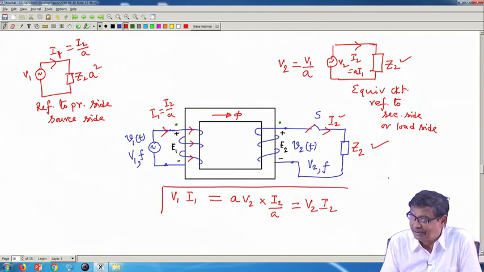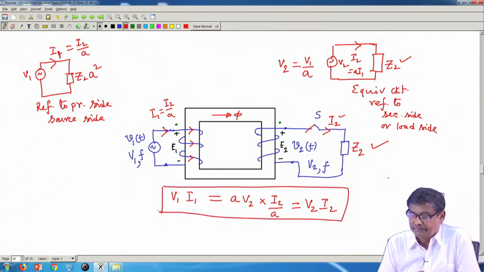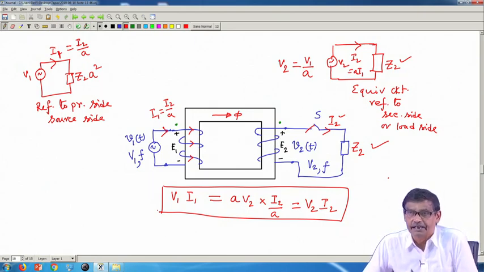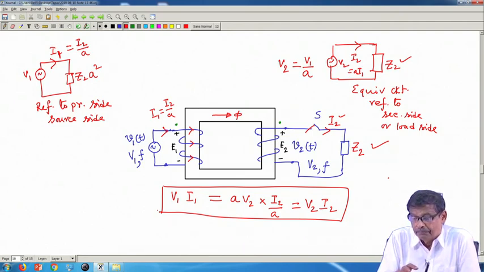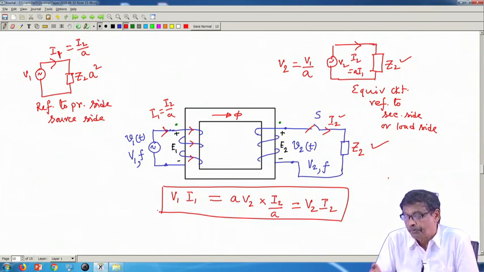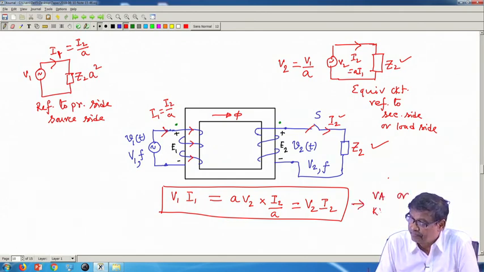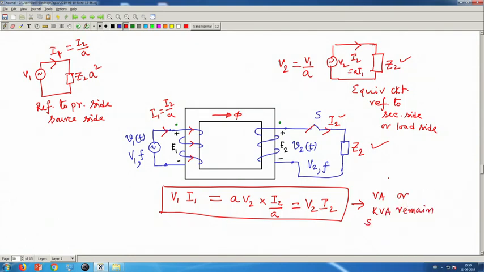This is a very interesting result. Therefore, the volt ampere, that is kVA, the product of voltage and current on the primary side, is the same as the volt ampere on the secondary side. So volt ampere or kVA remains the same on both sides,